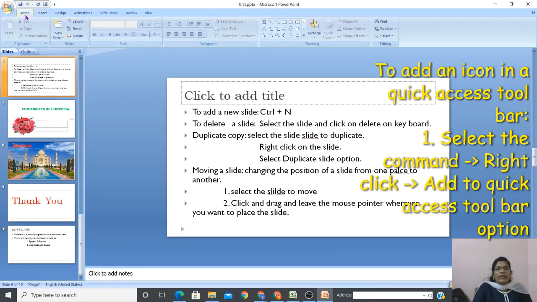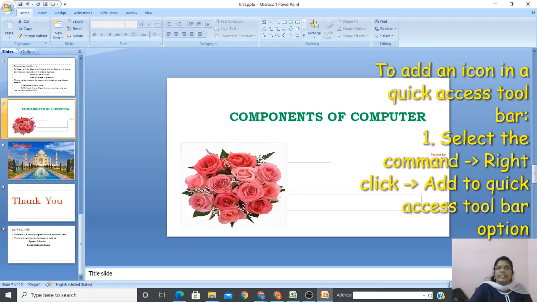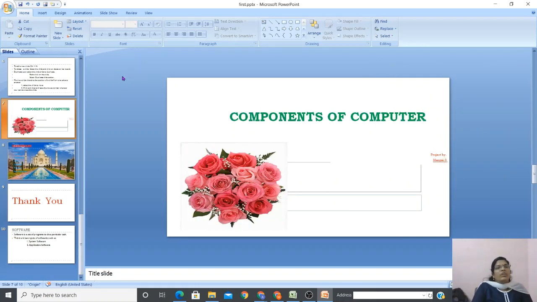Let me go to the home tab. This new slide, I always have to go to the new slide arrow, slides group and everything, right? I need quick access. So in this case, what I have to do is keep the cursor there, right click on it, and add to quick access toolbar. Now do you see? Another new slide button is easily added. So this is a way. Let me delete it. Select it and click on the delete key. So this is how we add icons to the quick access toolbar.